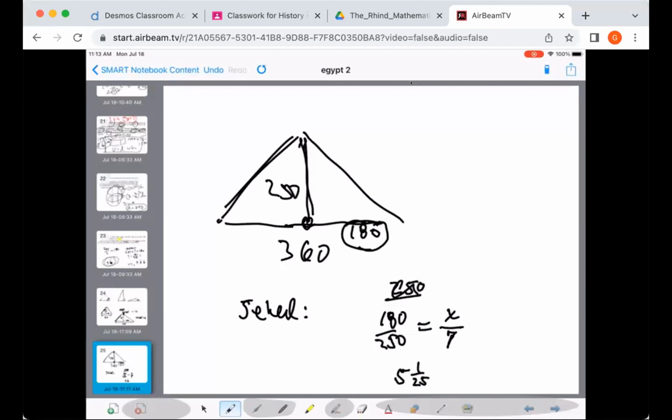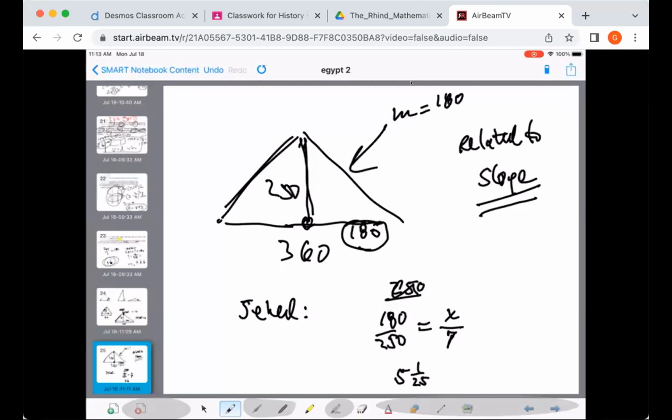So is this like a pi to them? Like a pie? Yeah. It's more like, it's very much related to the slope. In other words, the slope of this diagonal side